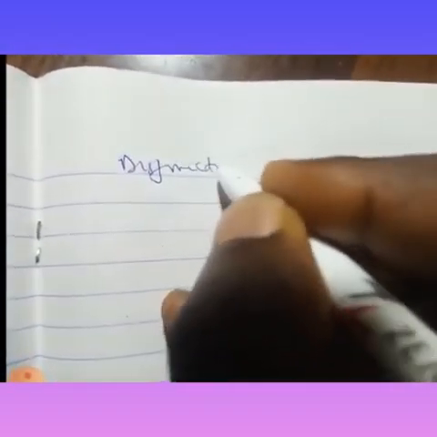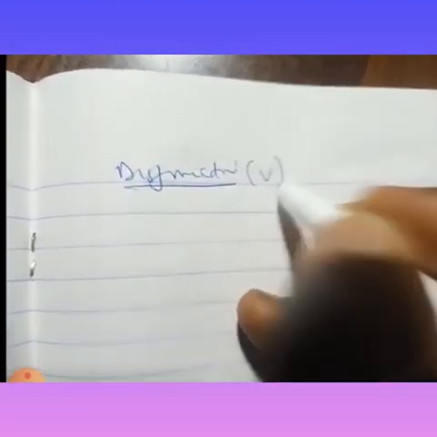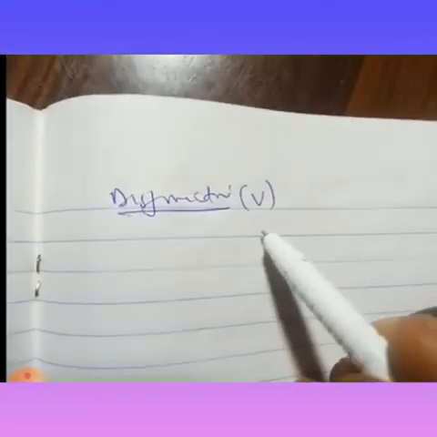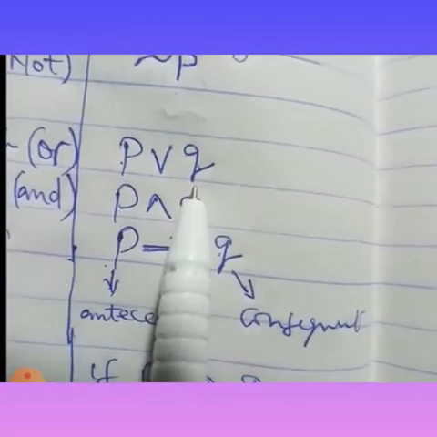Disjunction. The truth table for disjunction. For disjunction, we must have two statements, just like we have here. Two propositions, P and Q. So using